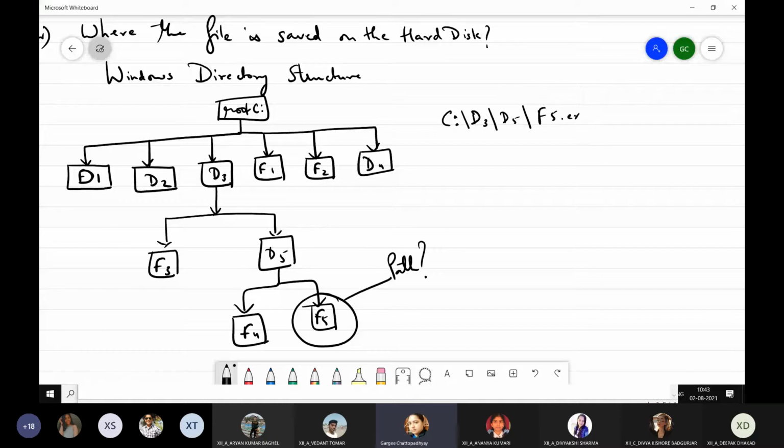It would have some extension over here, right? So I'm just writing ext to represent that extension. So you can see the root, then you have a folder, then a subfolder, and within that we have the file, followed by the extension of the file, which shows which type of file it is, right? So it is very important for us to understand the Windows directory structure, which represents an upside down tree structure.